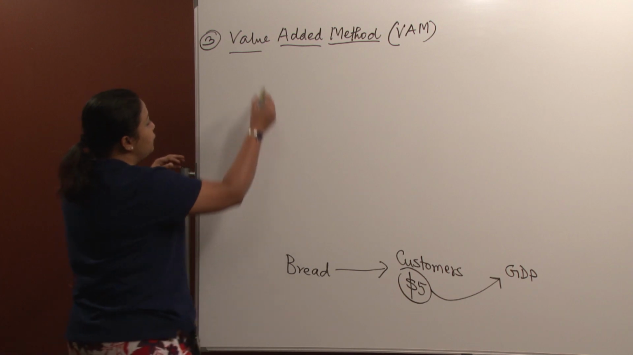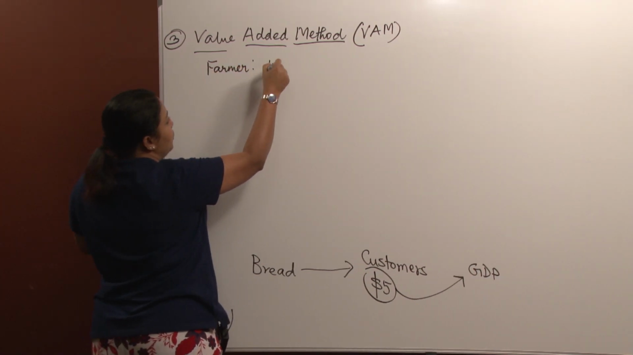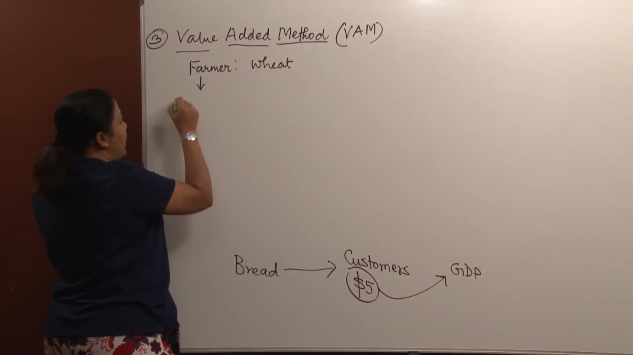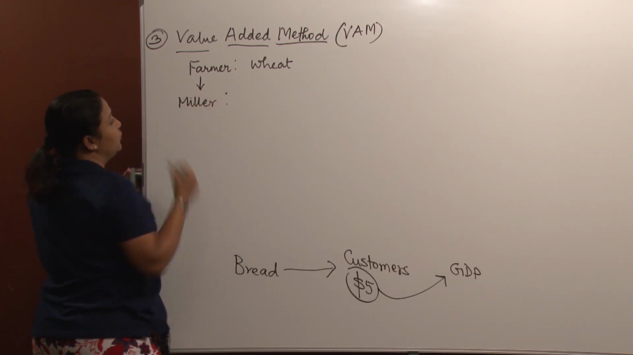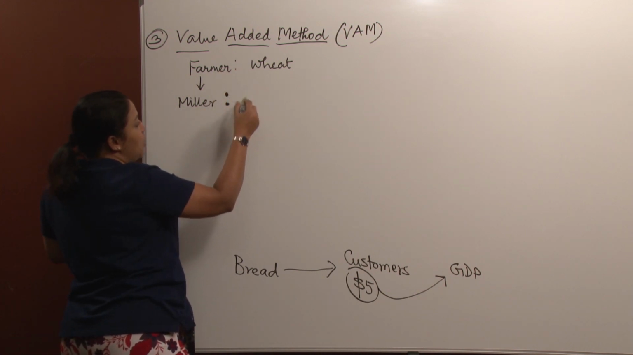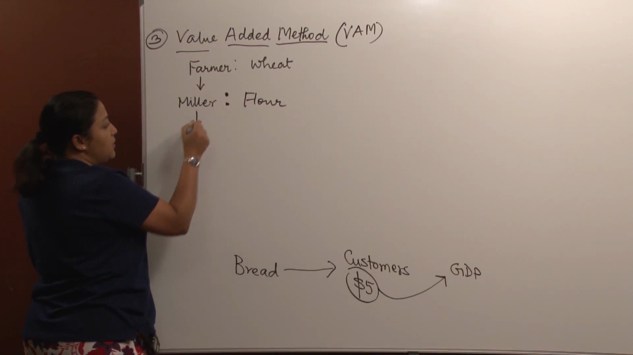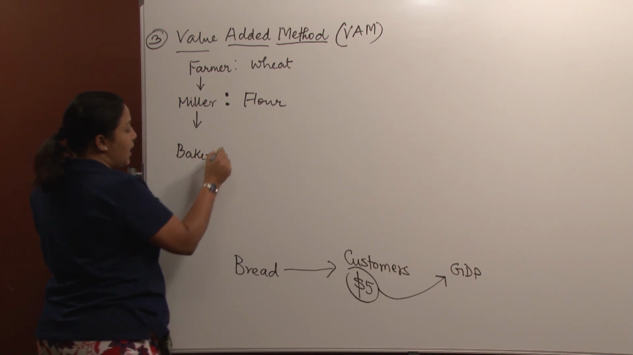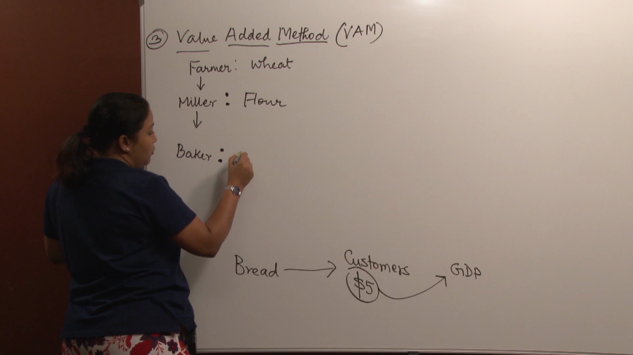For example, the farmer must have grown the wheat, and the farmer must have sold that wheat to the miller, and this is a very simplified version of the example. So, the miller bought the wheat and must have ground the wheat to make the flour, and then the miller must have sold the flour to the baker, and the baker must have converted the flour, must have baked it into bread,